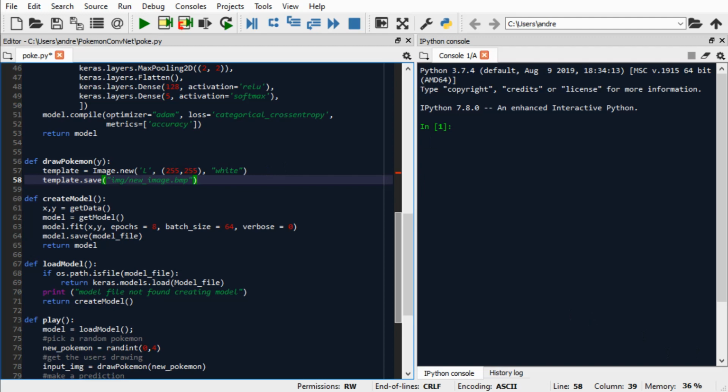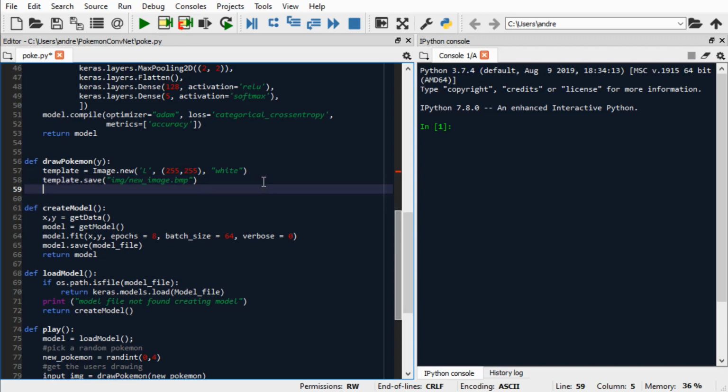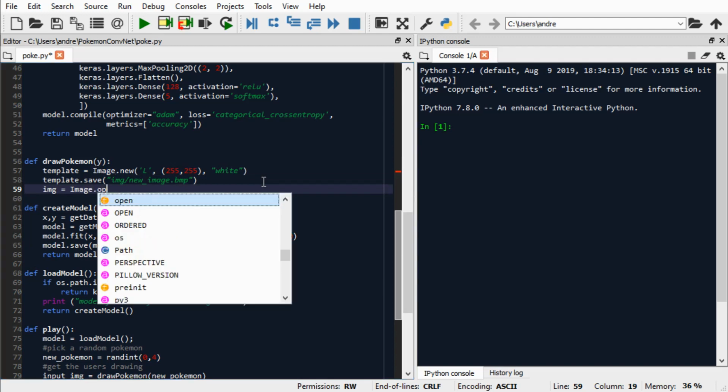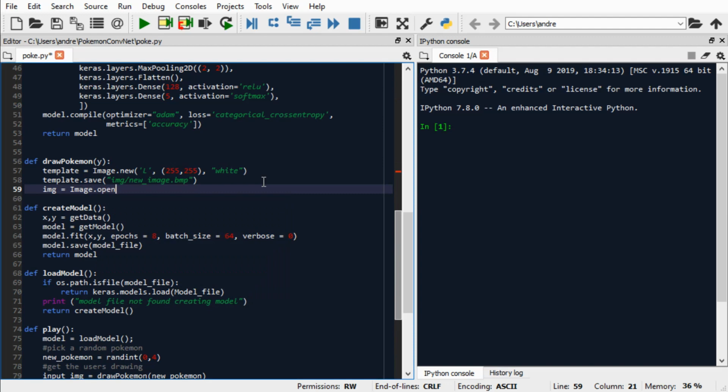Now, let's load up a picture of the Pokemon we want to draw to show the user what he looks like. We'll just call it img for now. It's equal to image.open. So we're opening an image from our starter Pokemon directory,